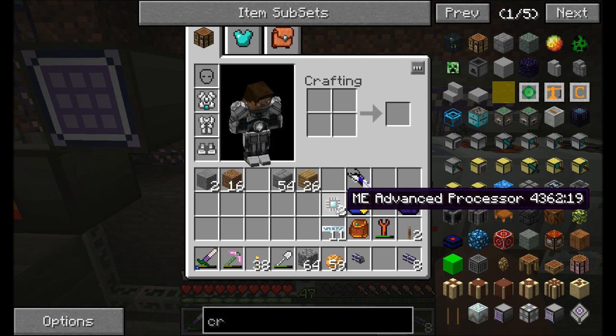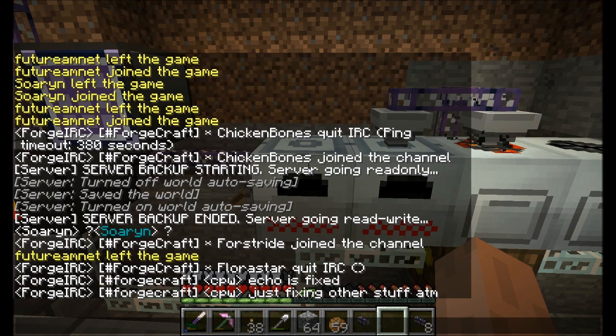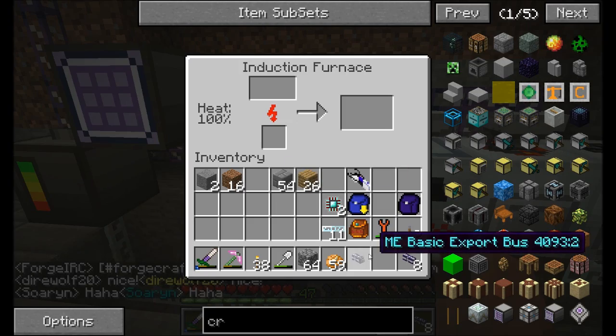I like it. And since I did my math wrong, I realized I'm good here. So, oh, CPW fixed the echo on Forge IRC. Nice. Not live, obviously. We'd have to update the server, but...